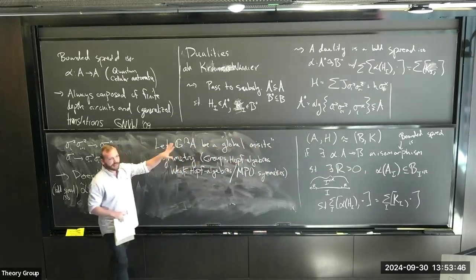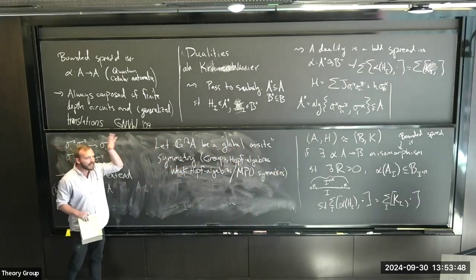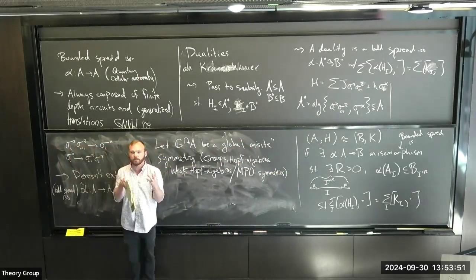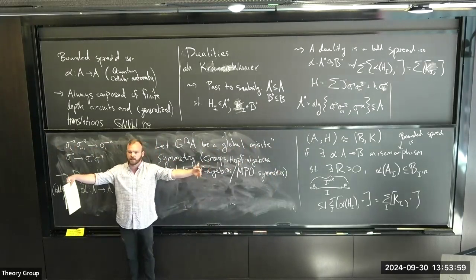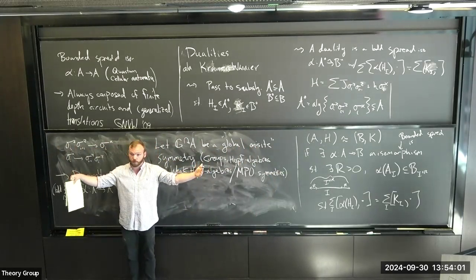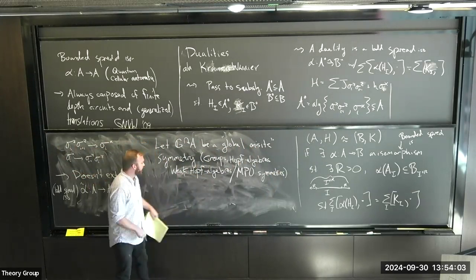There's something that's acting on my spin chain, and the key thing that makes this work is that there's a notion of symmetric operators, of local symmetric operators. Whatever kind of version of symmetry you want, as long as there's some version of symmetric local operators, then that kind of specifies a subalgebra that's suitable for doing dualities. Okay, and in general,